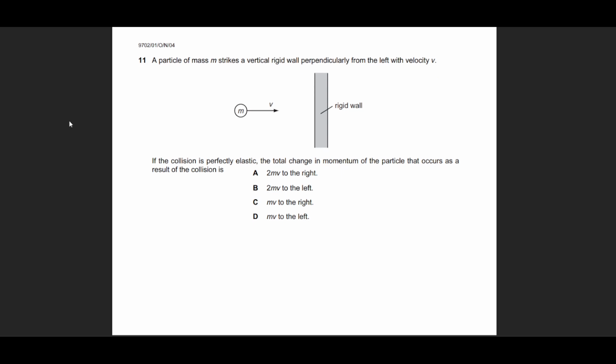So in this case, this is the right direction, so this will be positive. And after the collision, it says that it still is moving with the speed of v, right? So the mass is m, but the speed will have a negative sign. Now this is my final momentum and this is my initial momentum. So since he's asking me about the change in momentum,